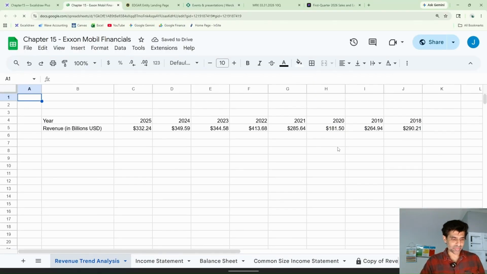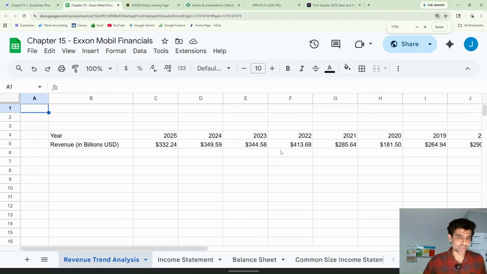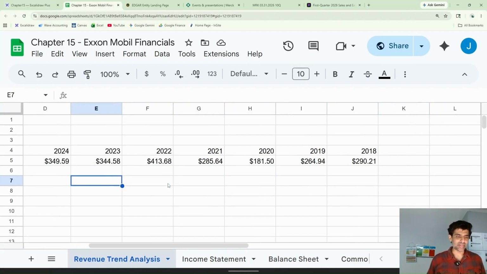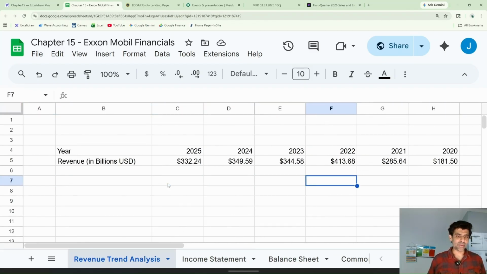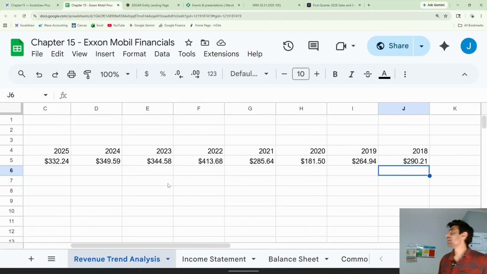So I have a set of financial data here, and we'll talk about the different types of analyses. We had vertical and horizontal. So this is the revenue. I think this is Exxon. I think I just took the revenue. And so what I'm going to demonstrate here is this